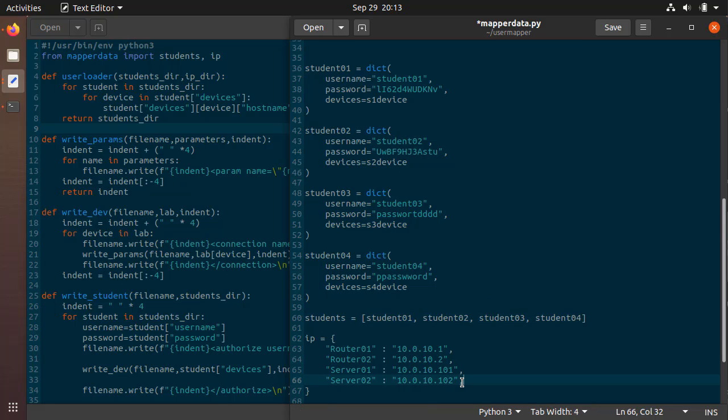And server 3 needs its own IP address. And let's imagine that this lab, all the nodes are on a new subnet. So if I save that and then run this,